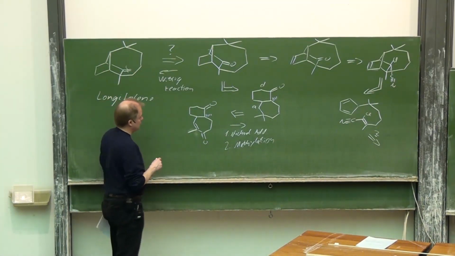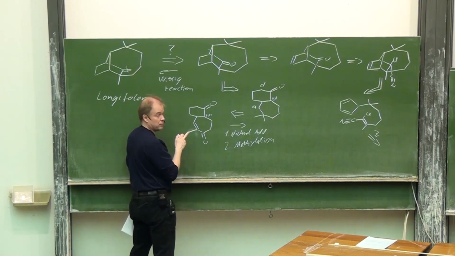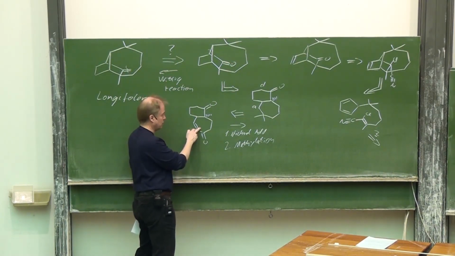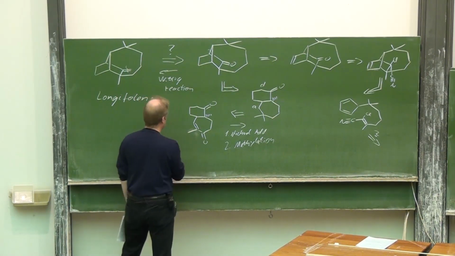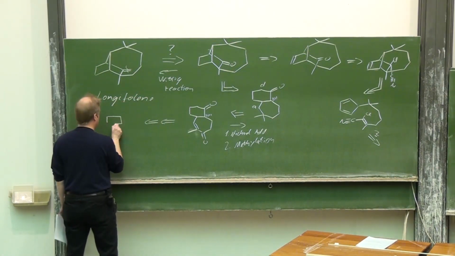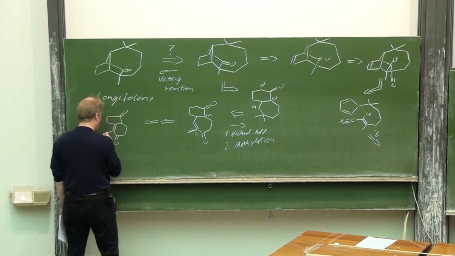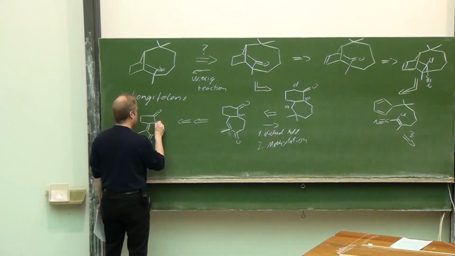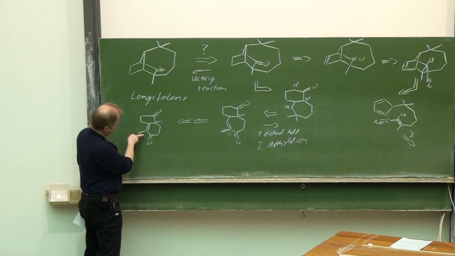Next idea, we have annihilated 6 and 7-membered ring. Maybe one can build up the 7-membered ring by a ring enlargement reaction starting from a 6-membered ring. So, in this case, following this idea, we get to this starting